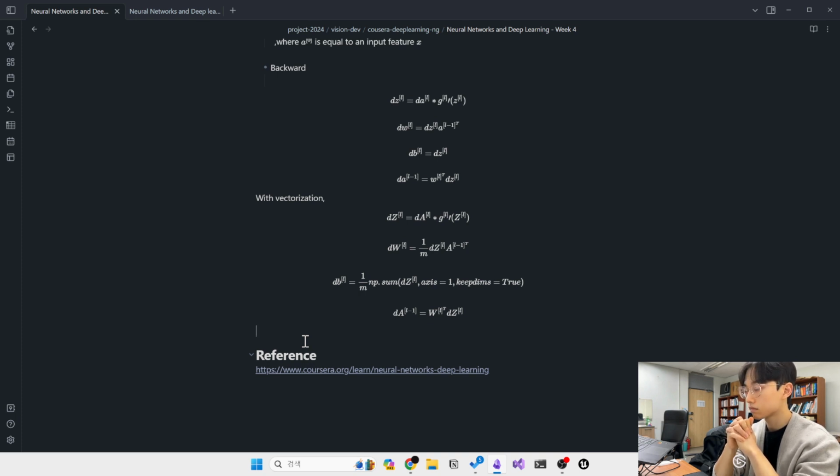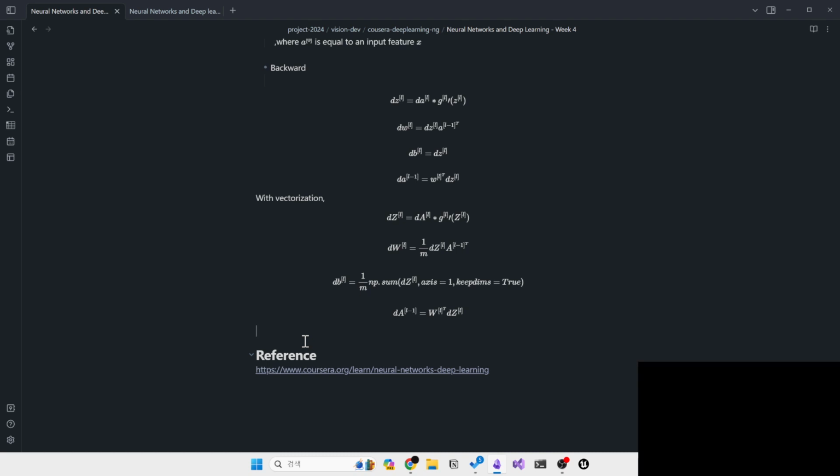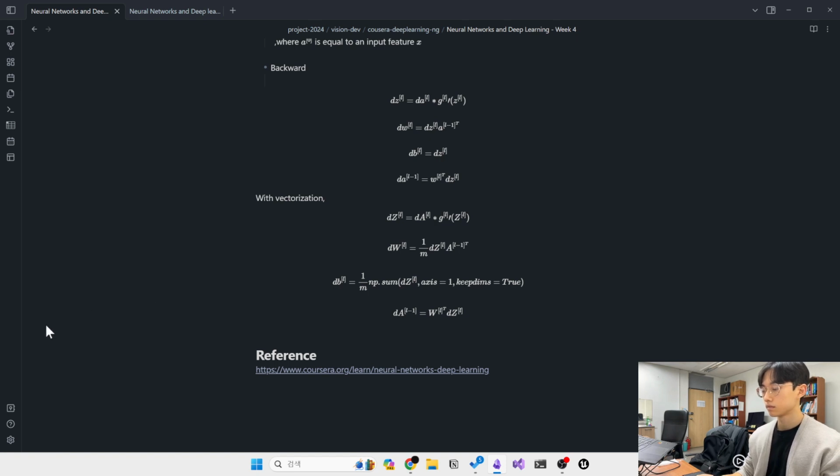Now, there's just one last detail that I didn't talk about, which is for the forward recursion, we would initialize it with the input data x. How about the backward recursion? Well, it turns out that dA of L, when you're using logistic regression, when you're doing binary classification, is equal to y over a plus 1 minus y over 1 minus a. So it turns out that the derivative of the loss function with respect to the output, with respect to y hat, can be shown to be equal to this. If you're familiar with calculus, if you look up the loss function L and take derivatives with respect to y hat or respect